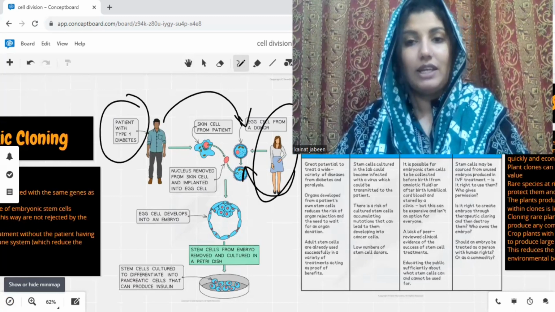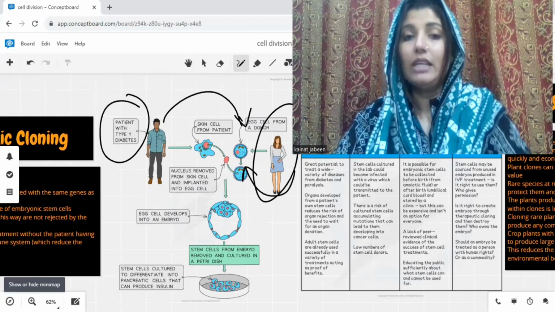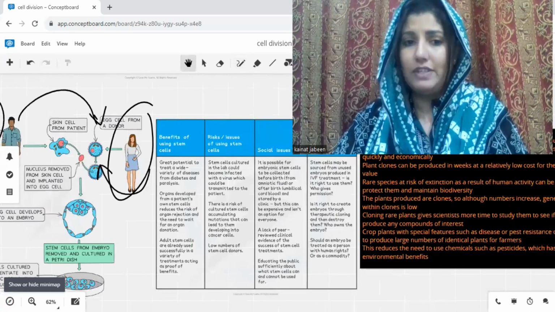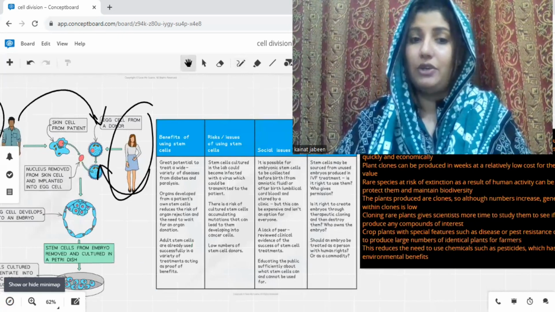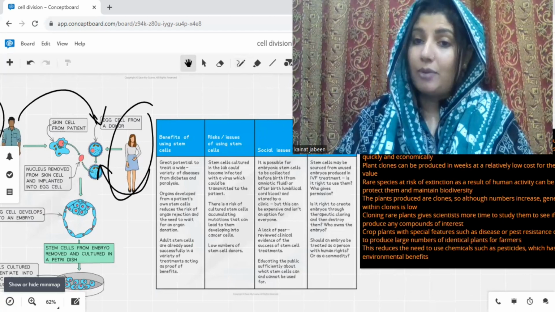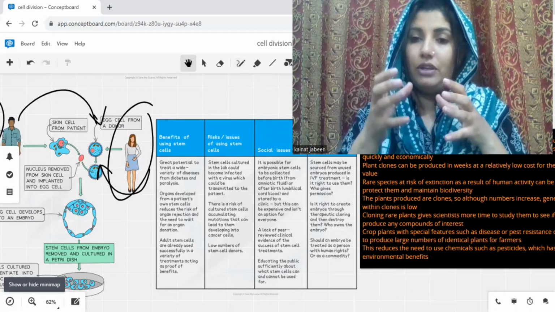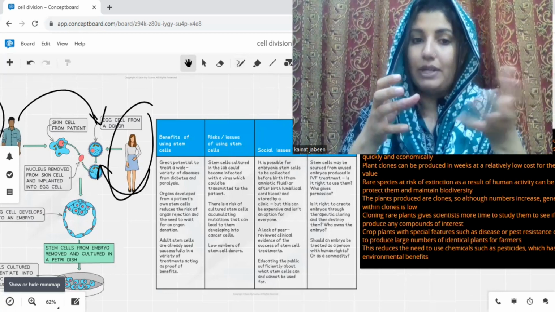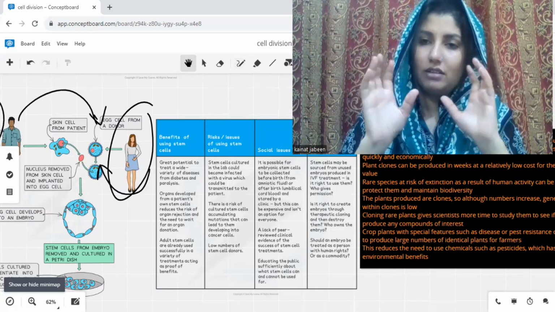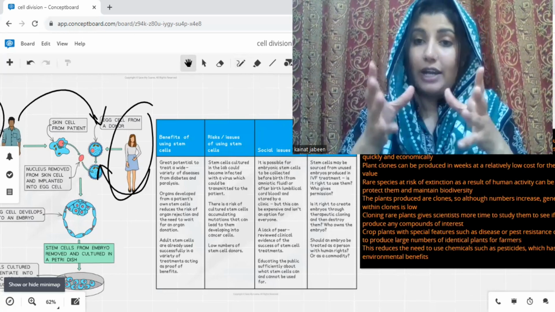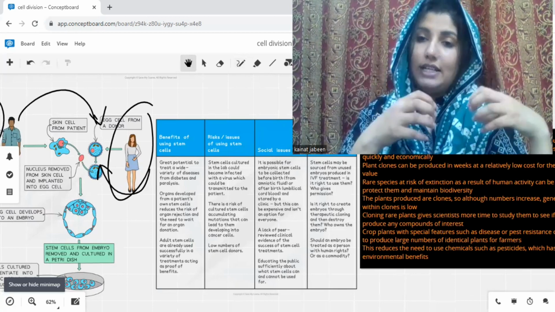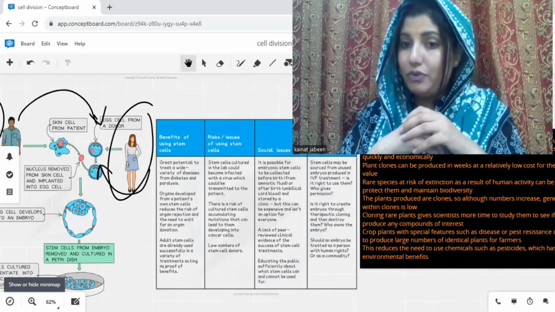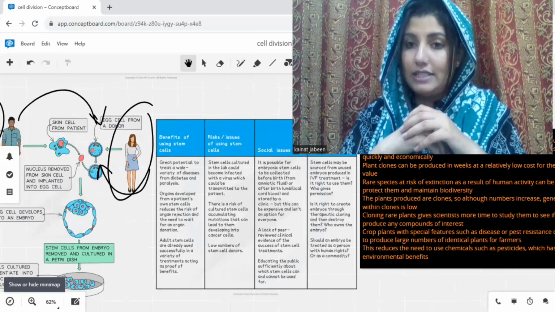But there are some issues. So what are the issues? We will discuss them. There are a lot of benefits. We can cure diseases that are incurable, but the risks are greater if we grow them artificially in the lab. What will happen? Any virus can attack them, and the cells that we transplant will not be good for the human. A human will get the disease.